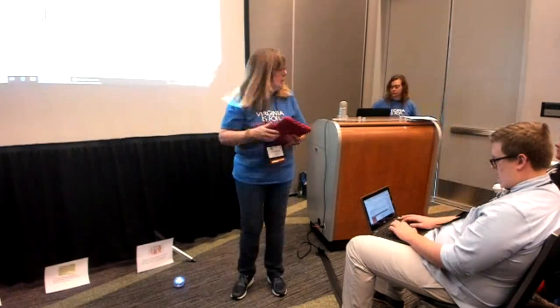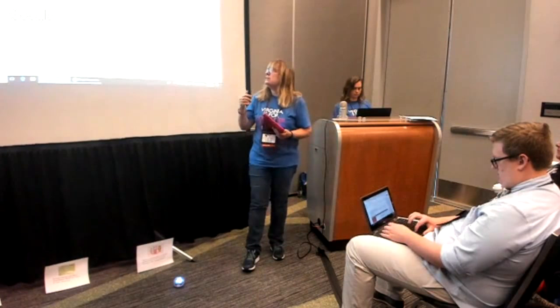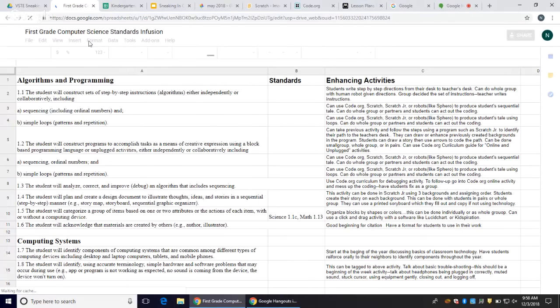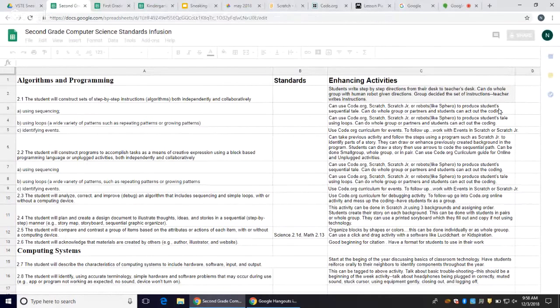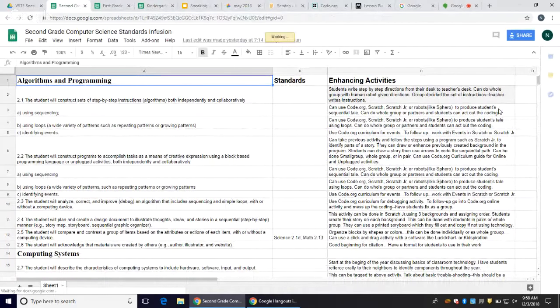Do you want your first grade spreadsheet? Well, yeah, we'll pop up the first and second. Let's go to second because they have the most. Okay. Most everything is the same on these. The computer, internet safety, computing systems. Basically, you're just telling people what different computer parts are, which is important. Build on it. Have the kids report out what the parts are, and what the rules are for using them.